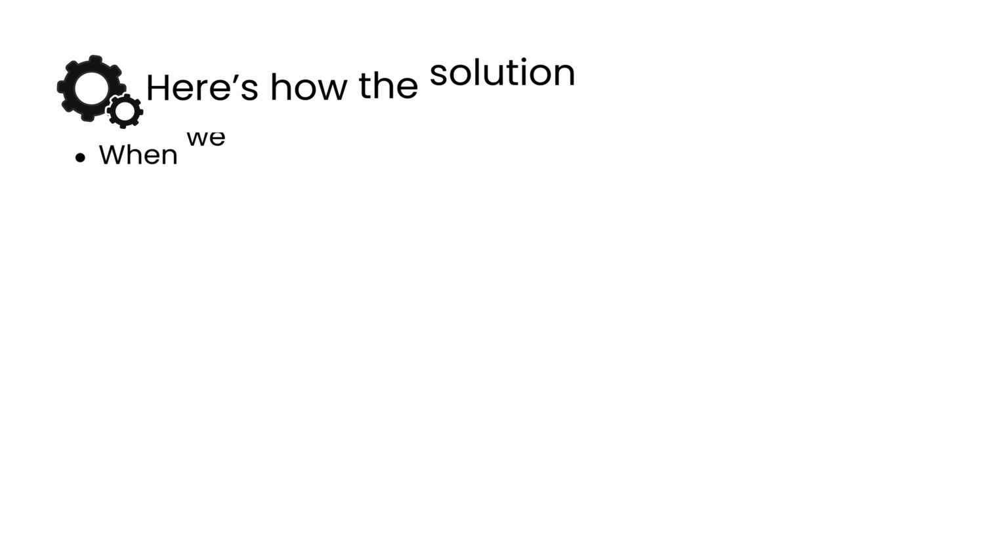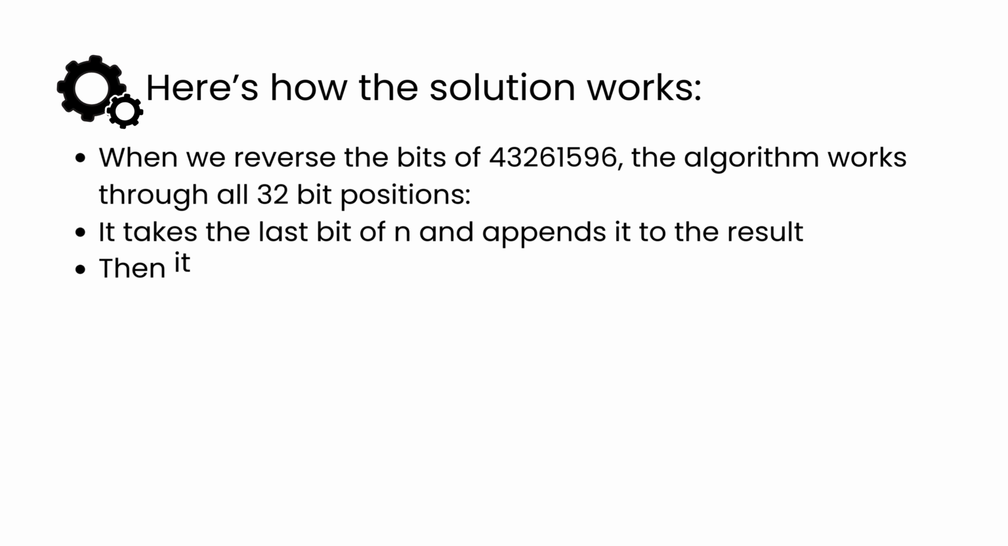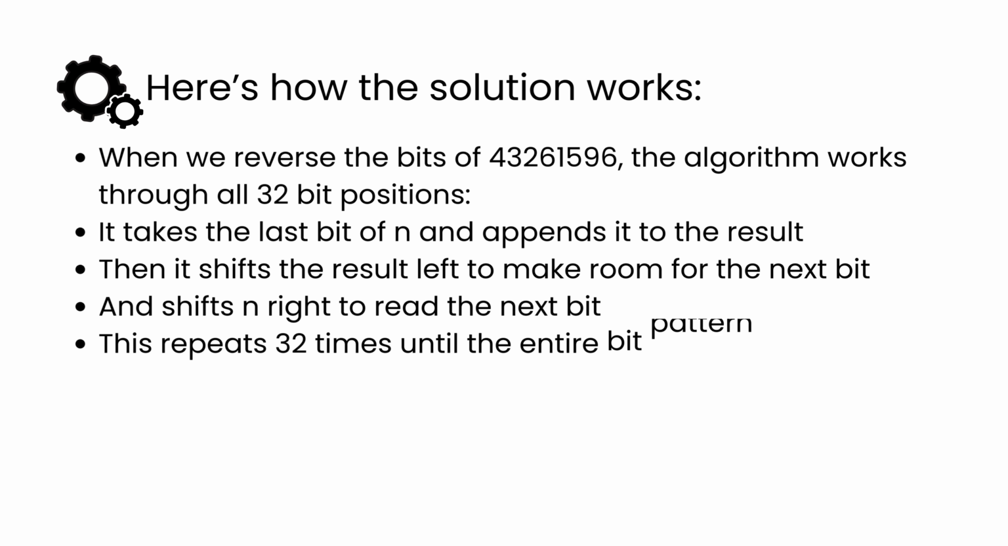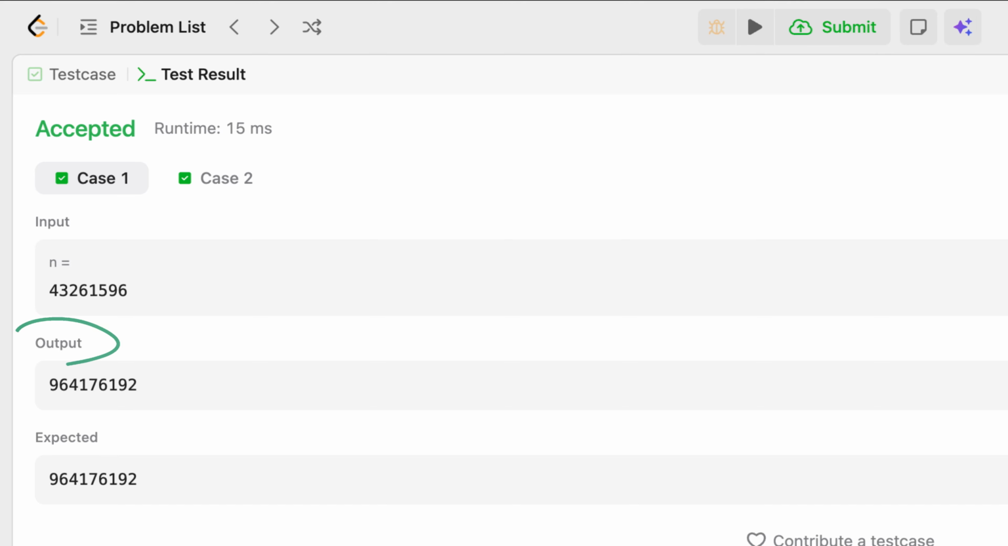When we reverse the bits of 43,261,596, the algorithm works through all 32-bit positions. It takes the last bit of n and appends it to the result. Then it shifts the result left to make room for the next bit, and shifts n right to read the next bit. This repeats 32 times until the entire bit pattern has been flipped. After processing all bits, the reversed binary pattern corresponds to the decimal value 964,176,192. And that's exactly what our program outputs,